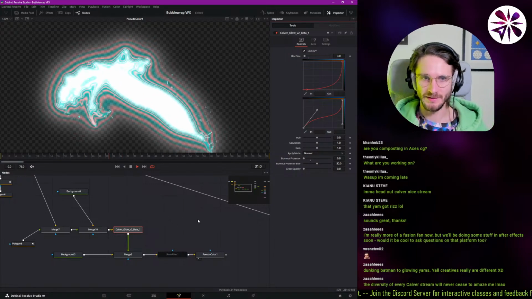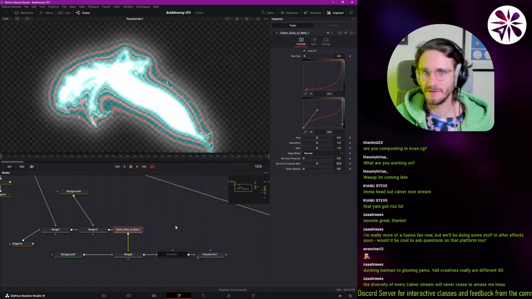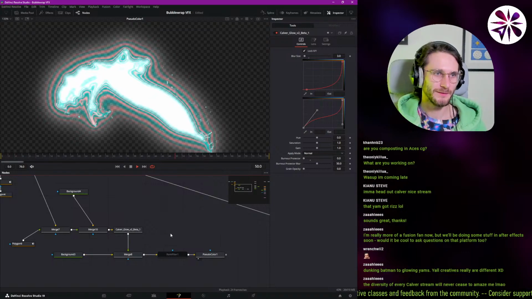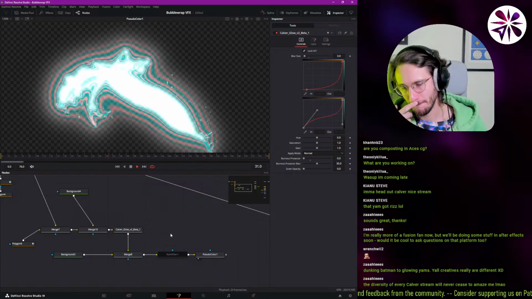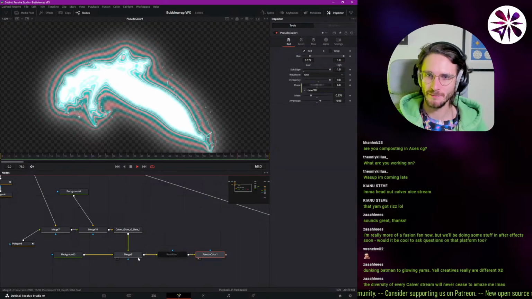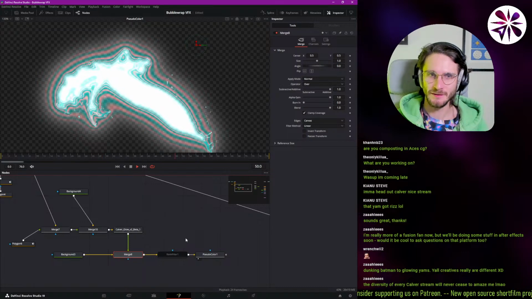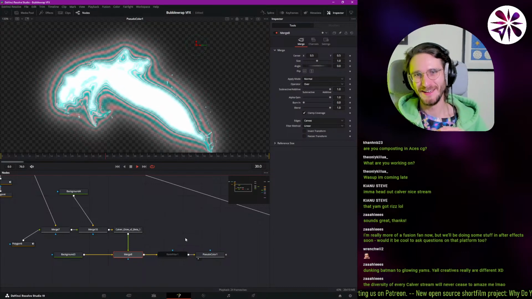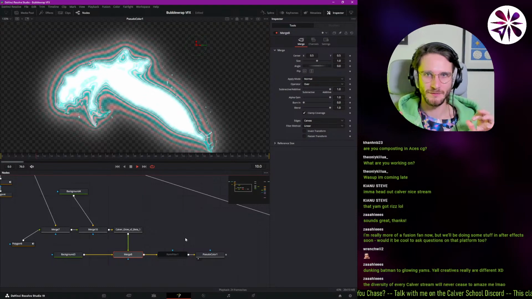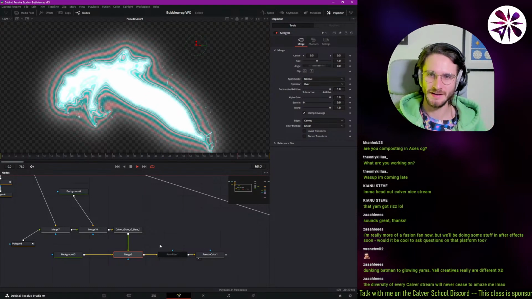Someone asks, are you comping in ACES CG? No, I haven't used ACES yet. It's something I want to try to put into my workflow. I'm not super convinced that it's the right thing for me, because I work with an extremely wide range of input material, right? So with ACES, I would need to find the right conversion LUT and everything to get it into the same ACES